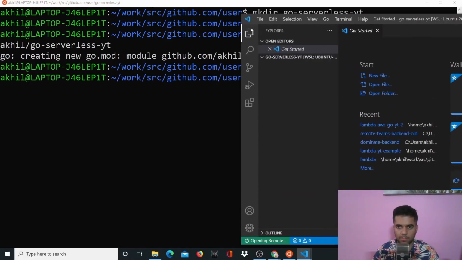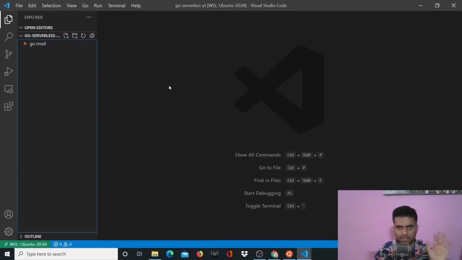a code editor, which is VS Code in my case. Just as a pointer, I'm using Windows. Inside Windows, I have something called WSL. Inside that, I'm using Ubuntu 20.04, and I use multiple different versions of Ubuntu. For this particular video, I'm using Ubuntu 20.04, and in my Ubuntu 20.04 instance, I have VS Code set